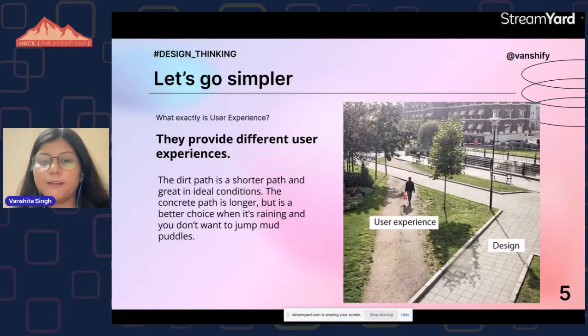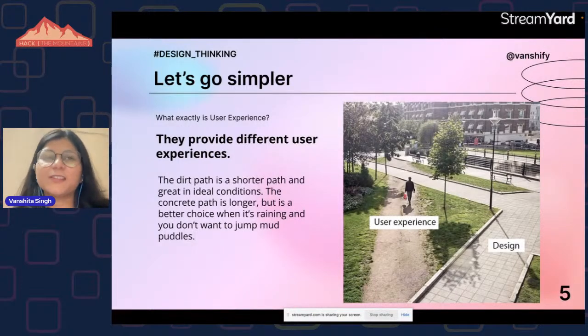But when it's raining, or when it's not a good sunny day, that path will have a bad user experience, because it will be full of mud and mud puddles and everything. So a person will not take that path, except in India. Exceptional is always the case.